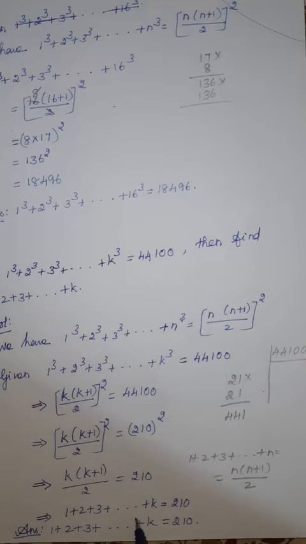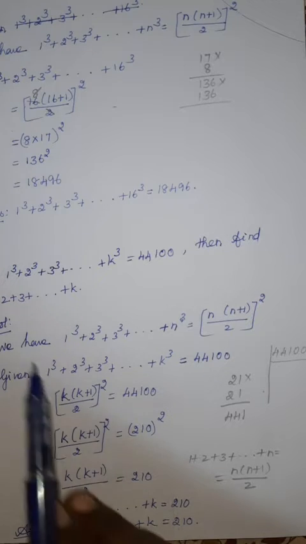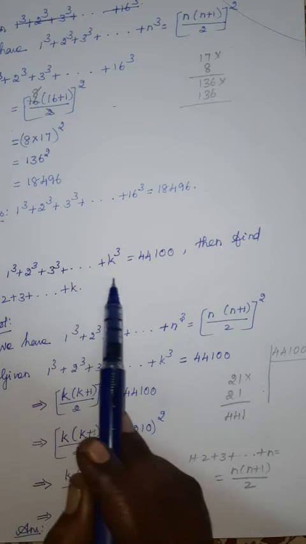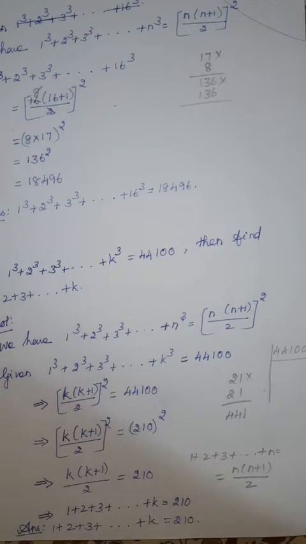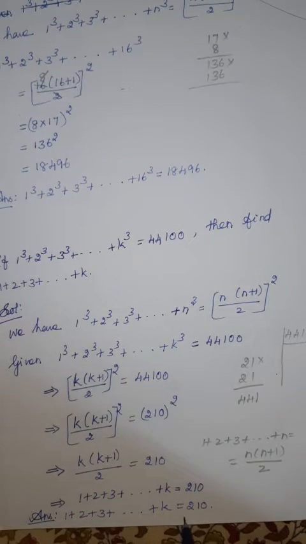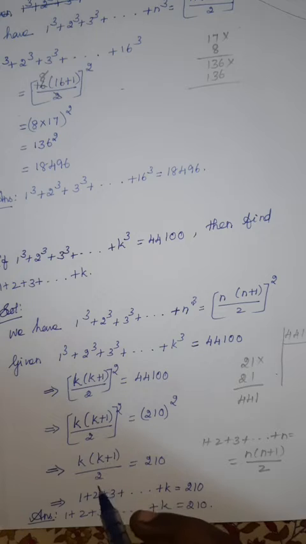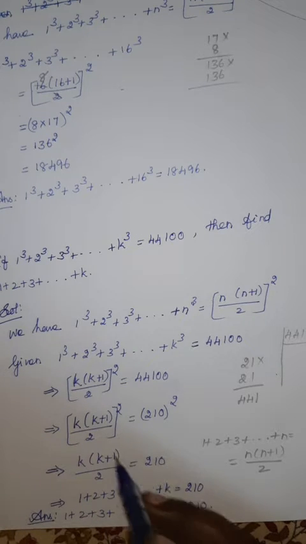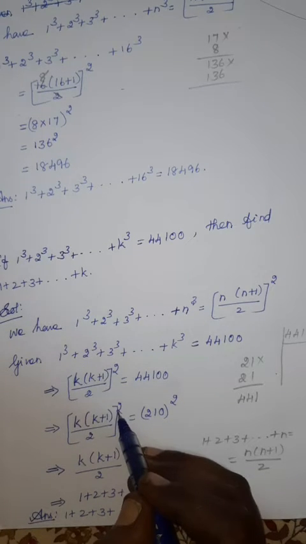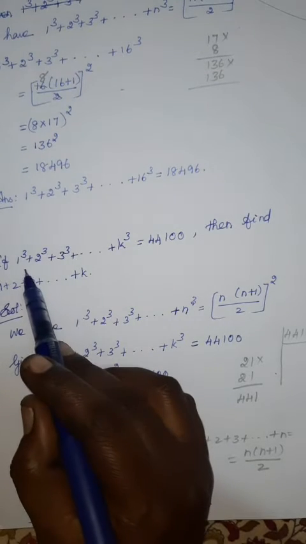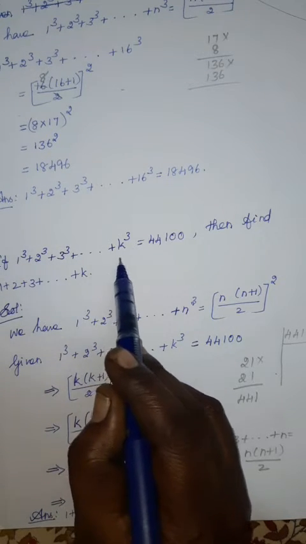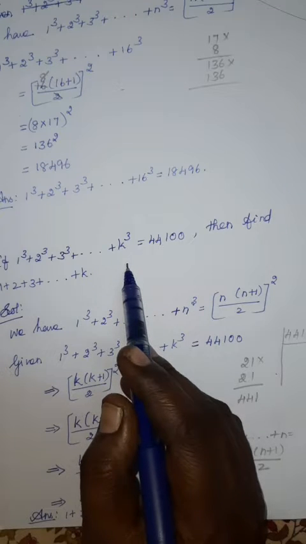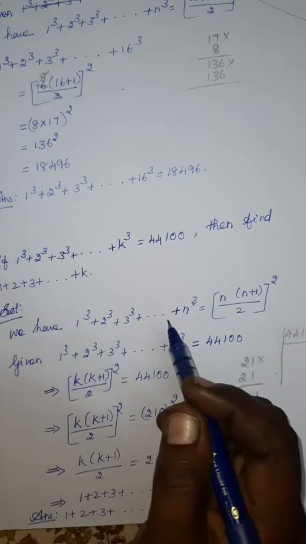Like this, in the second question from the same exercise 2.9, they have given 1 plus 2 plus 3 plus etc. plus k, and we need to find 1 cube plus 2 cube plus etc. plus k cube. The reverse way. So 1 plus 2 plus 3 plus etc. plus k is given. That means you will get the value of k into k plus 1 by 2. Then you need to find the square. If you find the square, you will get the value for 1 cube plus 2 cube plus etc. plus k cube. Do that as a homework question.